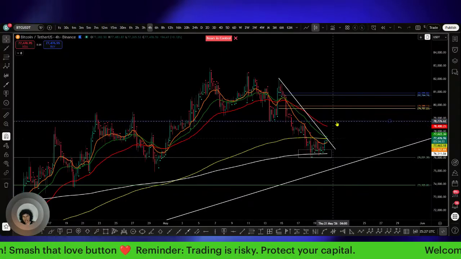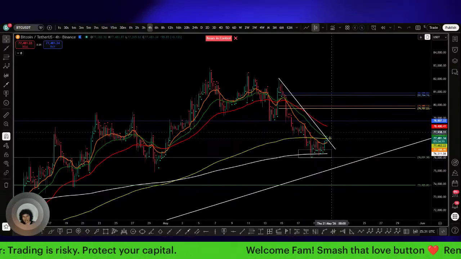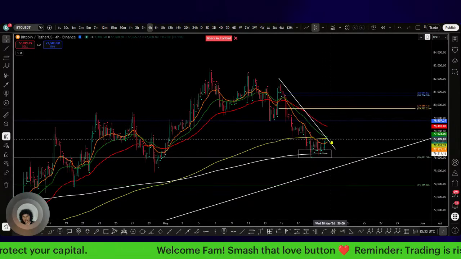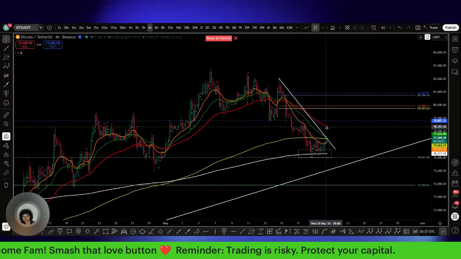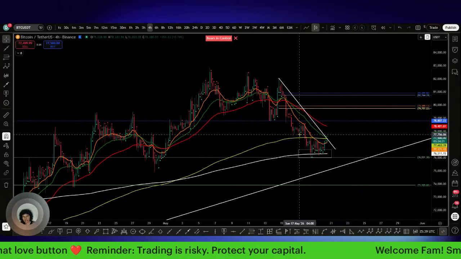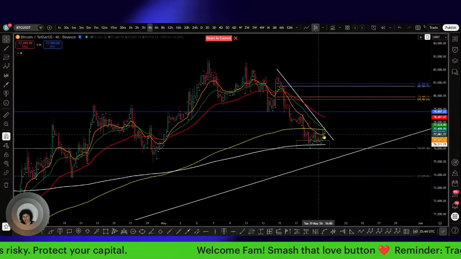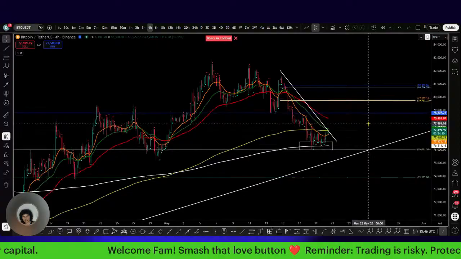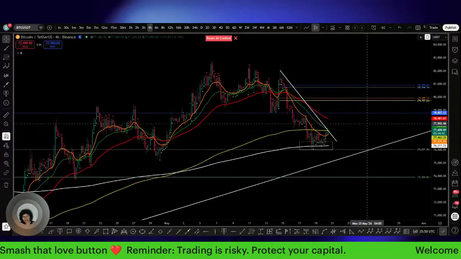And then, like I said, it could just be something like this. It could take some time. Just looking at all of this, it could take some time if we're getting that move up. It can take some time to get us here. But it's definitely trying to curve out through here. Let's see what happens.